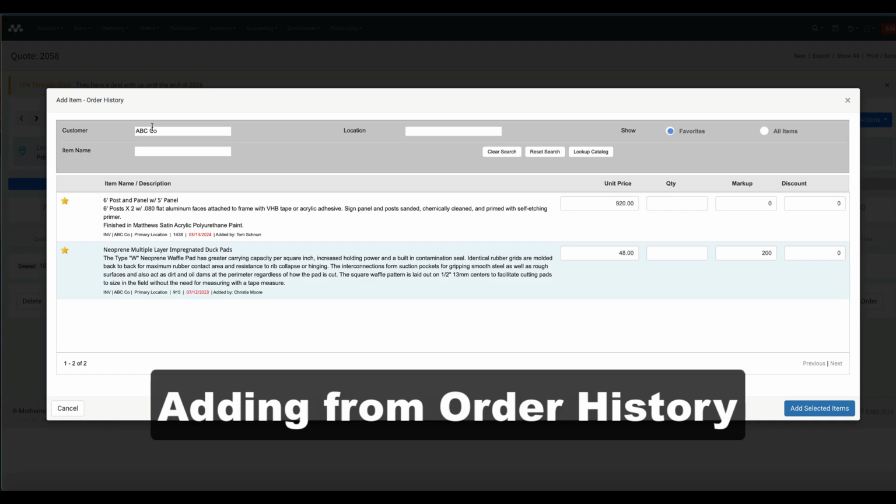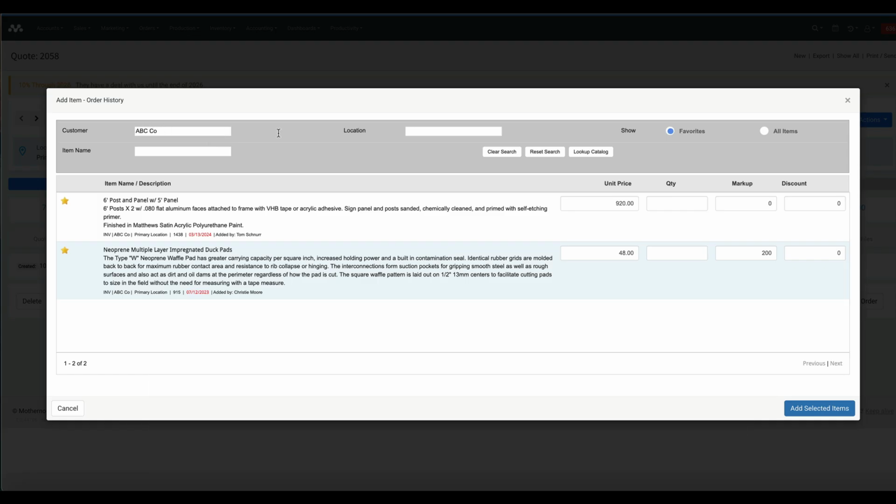It defaults to the customer you're working with. You can search, you can clear the search, and if you know you've done work like this for somebody else in the past, you can call up that order for another customer,